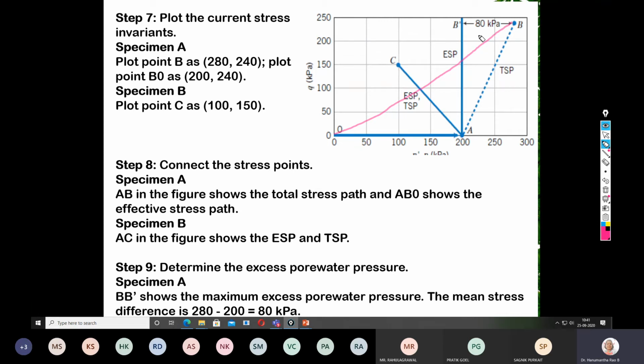If you look at their fundamental meaning, what is the water content and what is the degree of saturation, then you can understand the logic. And when you talk about triaxial testing, we never talk about the water content. We always say whether the degree of saturation is 100% or not.